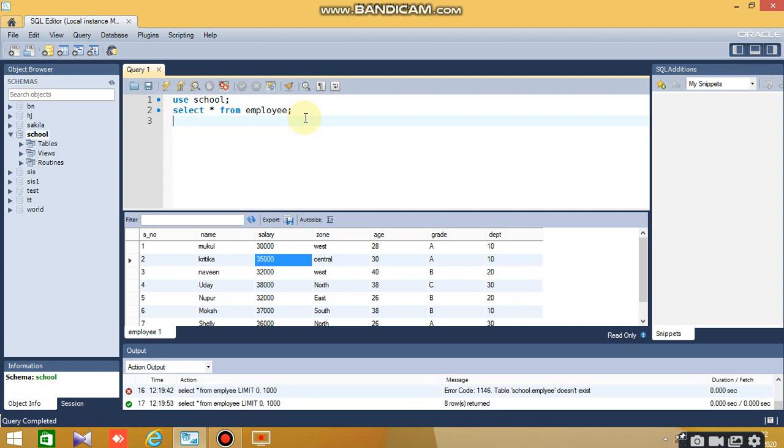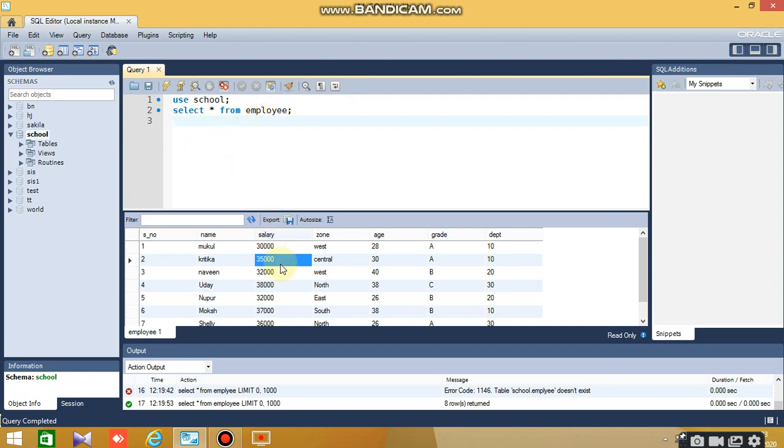Between operator helps us to select the values when we have values in a range. Suppose you want to see the salary of those employees whose salaries are between 30,000 and 35,000. When we have to show or retrieve the data according to a range, we cannot make use of relational or logical operators. So for these types of situations we make use of between.